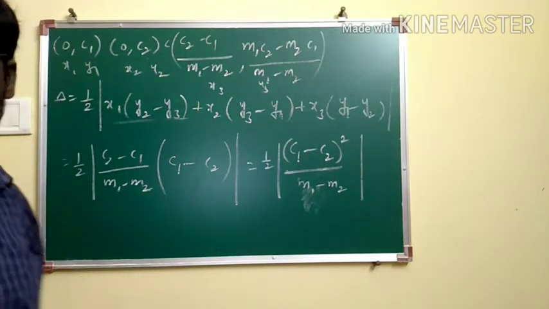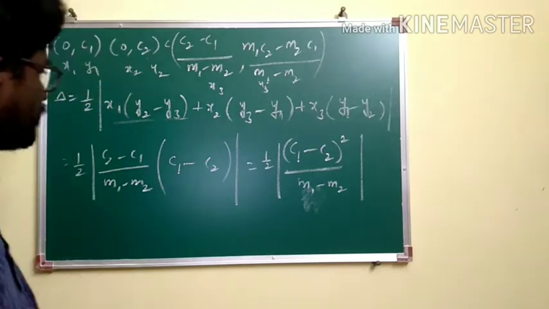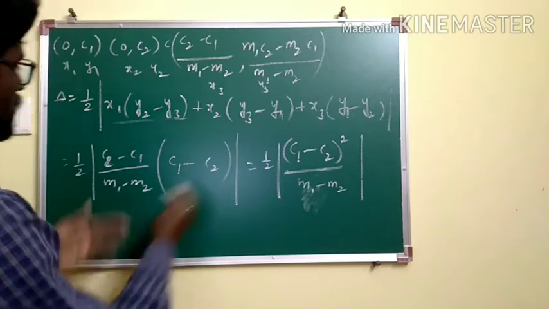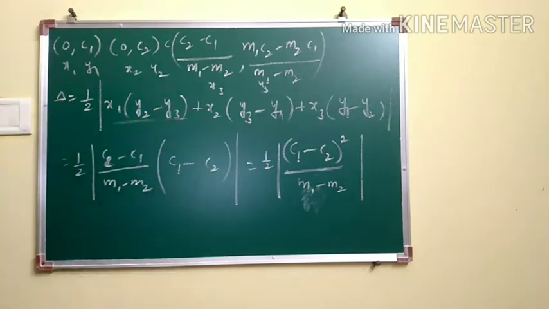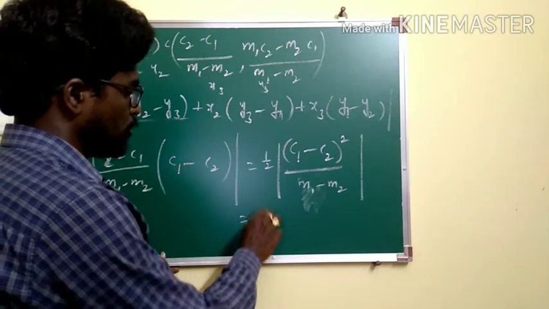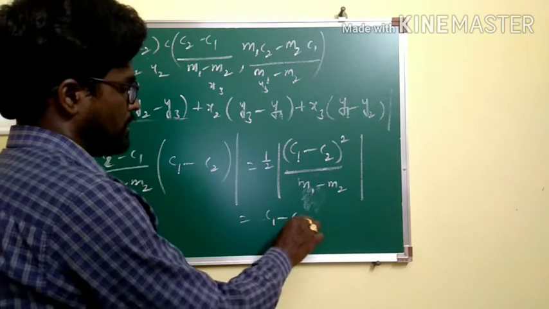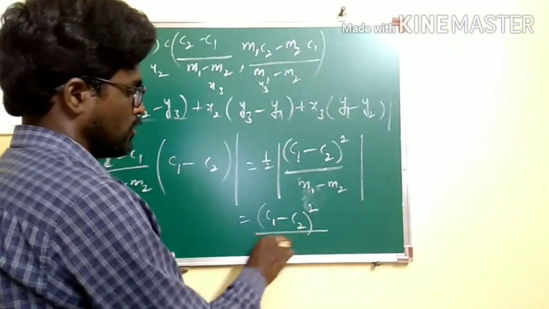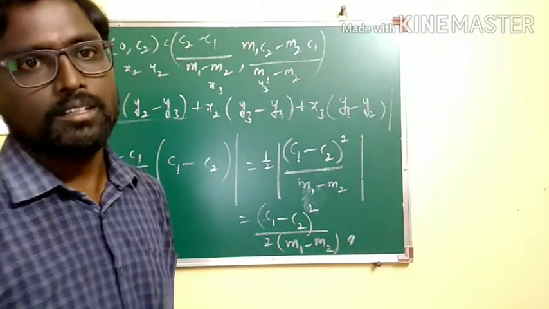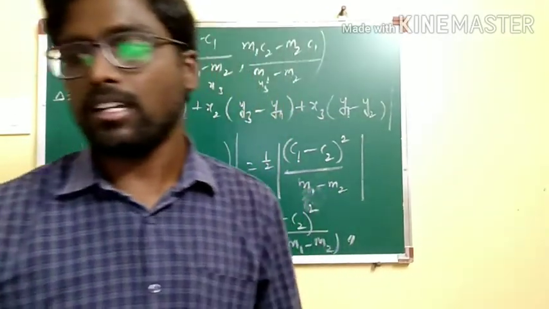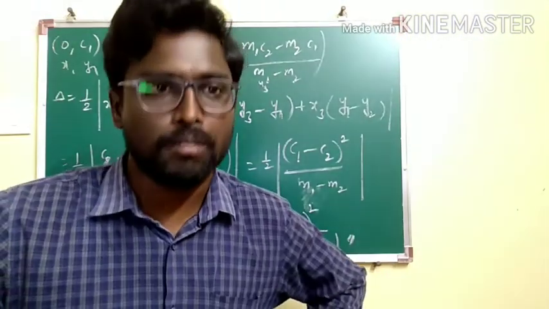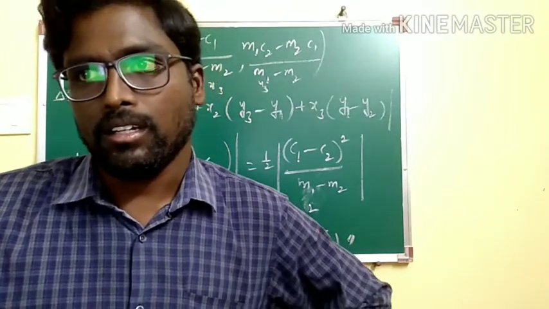What is the requirement here? Here you may get a doubt, sir: here we have C2 minus C1, but here we have C1 minus C2. Anyway, the entire expression is under modulus, so even if we take the minus common, the outcome becomes positive. So it is (C1 minus C2) whole square by 2 times (M1 minus M2). The equations might have felt a little complex, but the problem is very simple on simplifying properly. Okay, let us see the next problem.